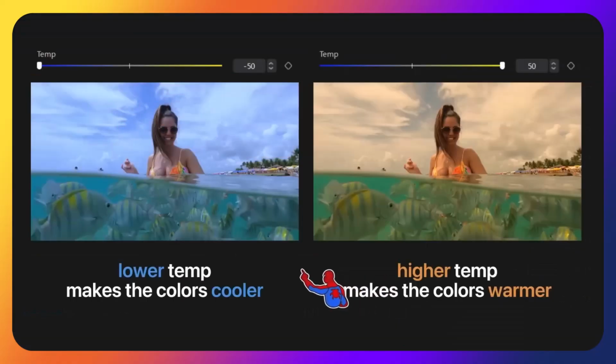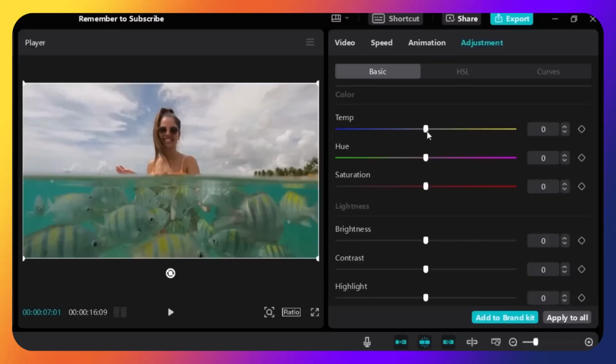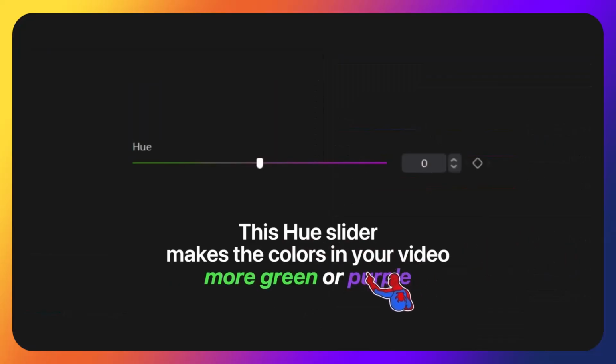So here's a side-by-side comparison. You can see a lower temperature will make the colors cooler, and then a higher temperature will make the colors warmer. Alright, so that's temp. Let's move on to the next one, which is hue. Now the hue slider over here, it's going to make the colors in your video either more green